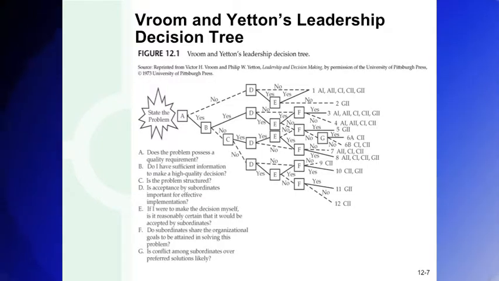And so you'll see it says A, B, C, D as it goes through that decision tree. Those are the various decisions being made along the way that involve the subordinates. So this is a very good model for breaking problems down, and the decisions that go with them, and the degree of concurrence and collaboration with employees over the quality of the decisions being made, and the degree of acceptance